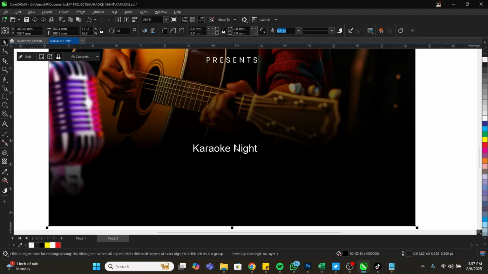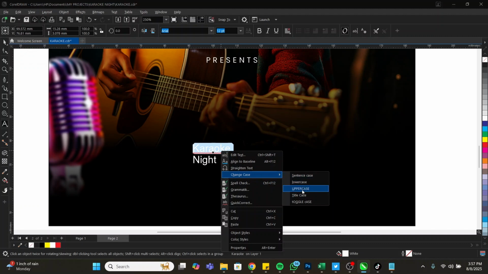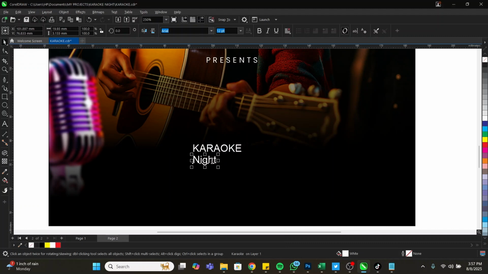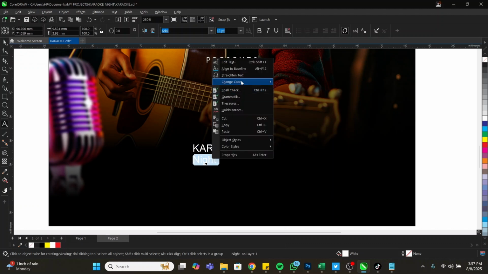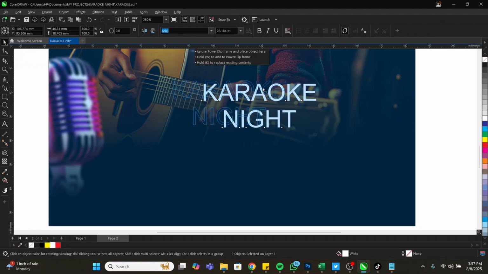Karaoke 9. Let's press Control K to break it apart, right? Then we'll change it to capital letter, right? Click, come to change case, and then change it to capital letter, right? So the next thing that we are going to do now is change this font